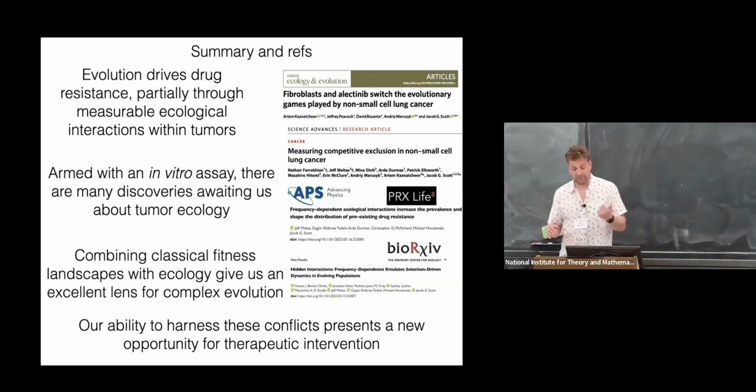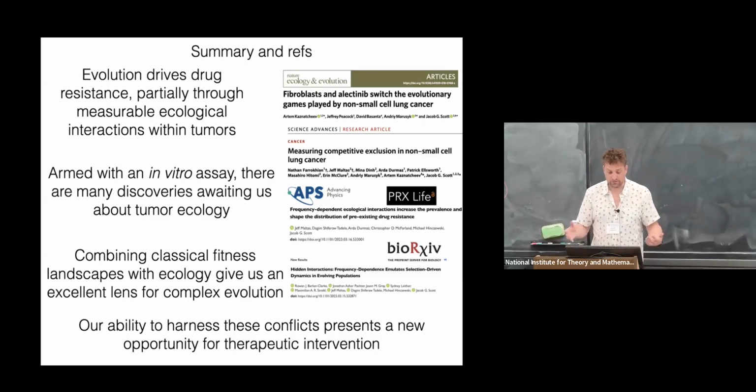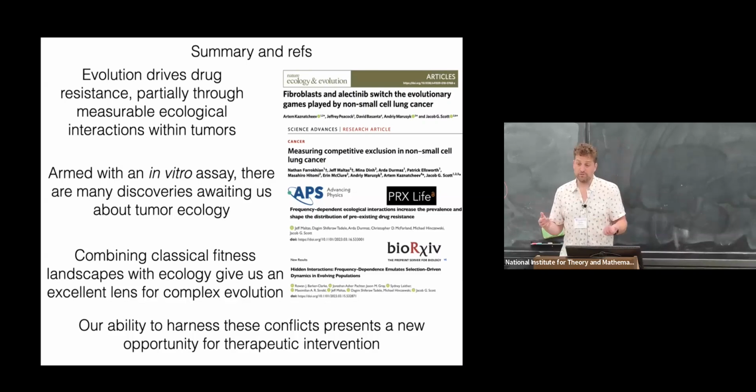And then I think the last one is this preprint that I'd love folks to see, as I think we've taken this ecological dynamics idea and layered mutation on top. Because even though I said it's slow versus fast, cancer really squishes them. And so I think that we're ignoring mutation, but it's clearly important. And that's what I wanted to say. So I think it's just our ability to harness the conflicts presents a new opportunity for intervention.